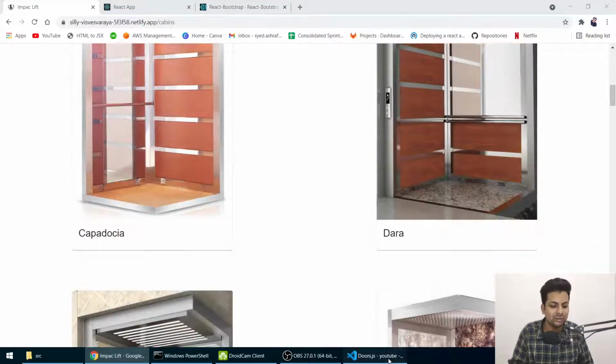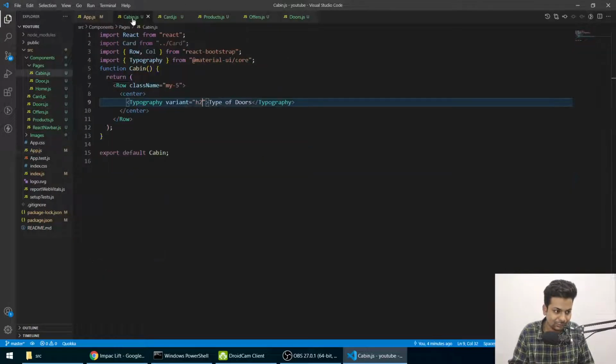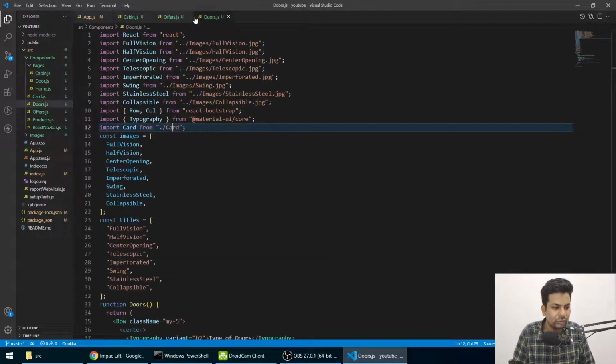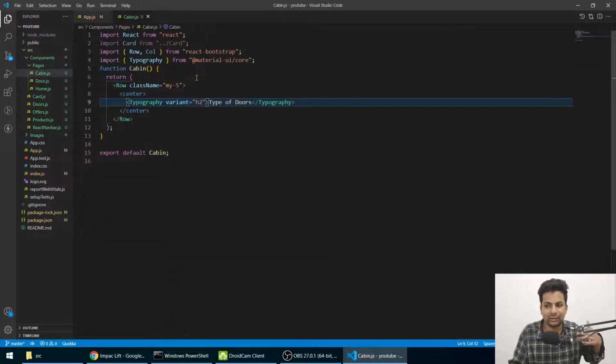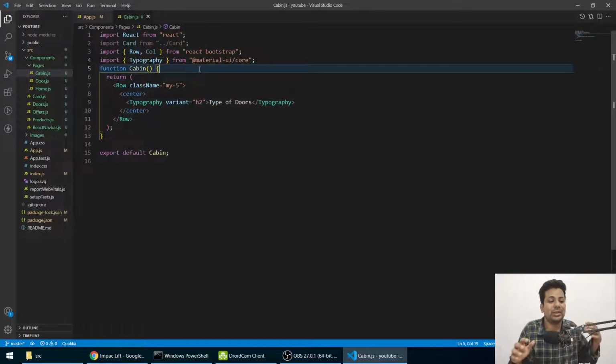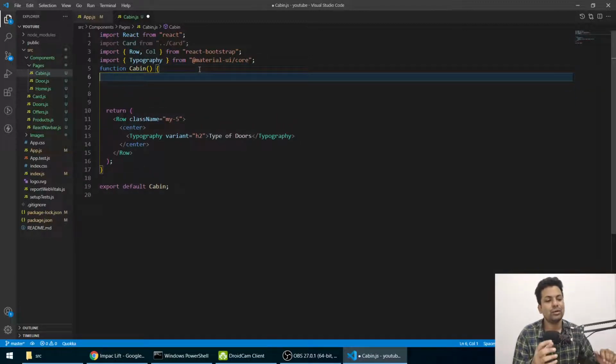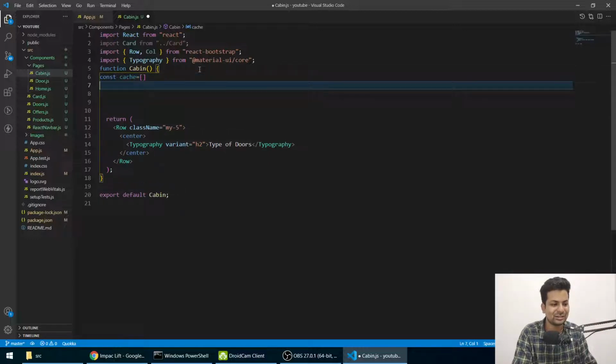Now we need this. So what we'll do? We are in the cabins now. What I'm going to do is pretty lengthy. I don't know how it's done. Basically, I copied it from Stack Overflow because it's too lengthy. So there is a way you can import every image at once and loop over them. Okay, so we'll say const cache, just copy it because I also don't know how it works. They just gave it in the answer someone asked.